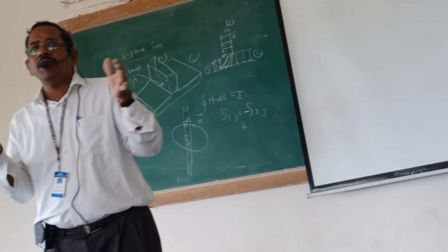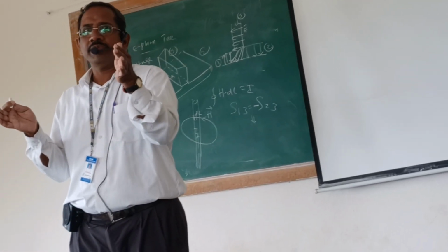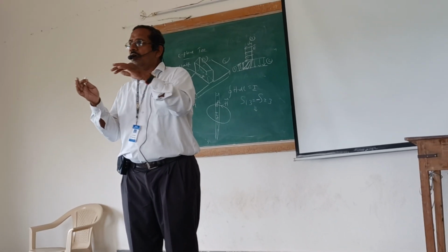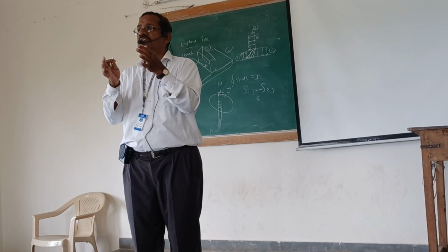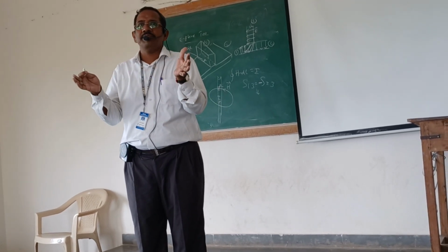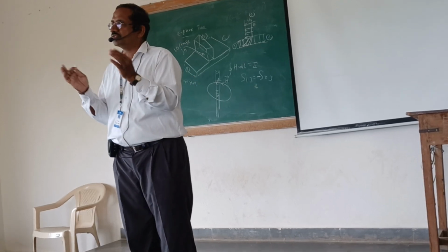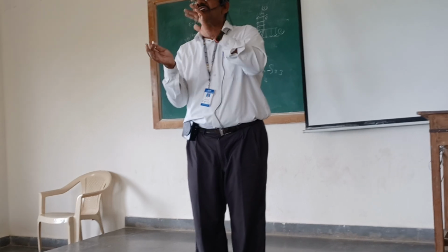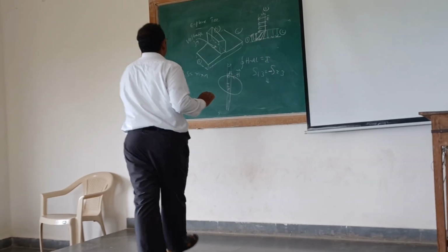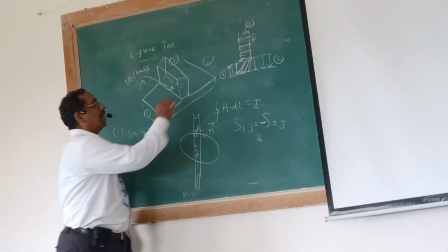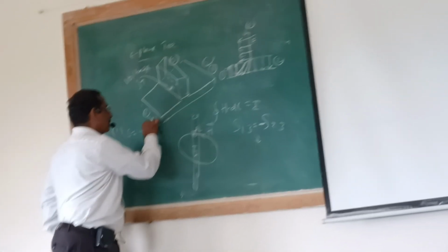That means if you apply input from port 1 or if you apply input from port 2, you will be getting the output from the other port with the same value. Right? If the input is the same, the output will be the same also. Therefore, it is called collinear ports. I can use them interchangeably. I mean to say, here I give this port number 1 and this port number 2, or I can give this as port number 1 and this as port number 2.